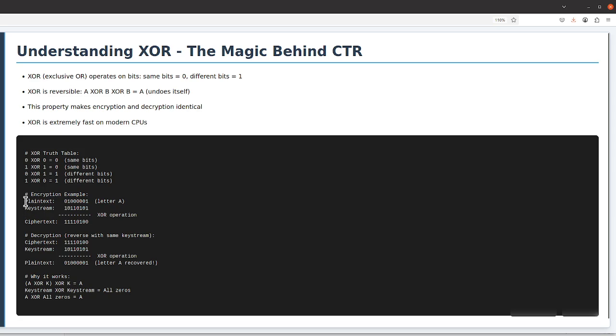Suppose you have the letter A in binary, which is 01000001, and you have a keystream byte 10110101. When you XOR them bit by bit, the first bit is 0 XOR 1 which equals 1. The second bit is 1 XOR 0 which equals 1. The third bit is 0 XOR 1 which equals 1. Continue this for all 8 bits, and you get the ciphertext byte